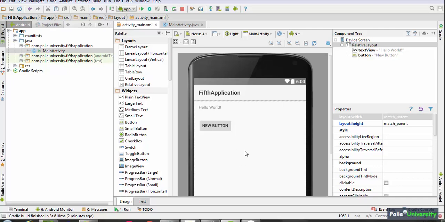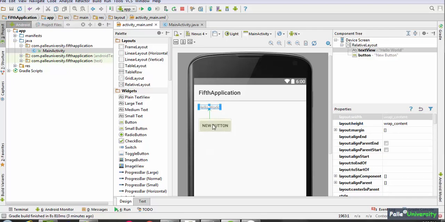Now, just like every person will have some properties, for example, name, email address, mobile number. Similarly, if you are a citizen of the United States of America, every person will have a social security number. If you are a citizen of India, probably you will have an Aadhaar card number. Just like a person will have a lot of properties, similarly each and every rectangular box, which is called a view, will have a lot of properties.